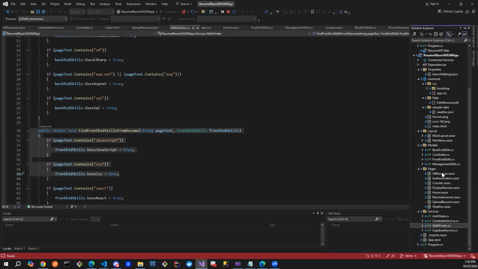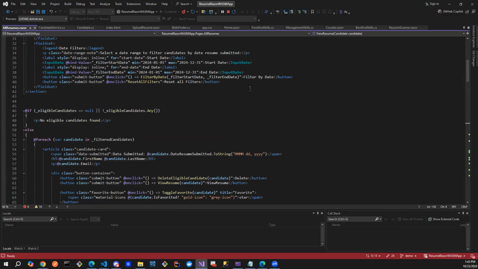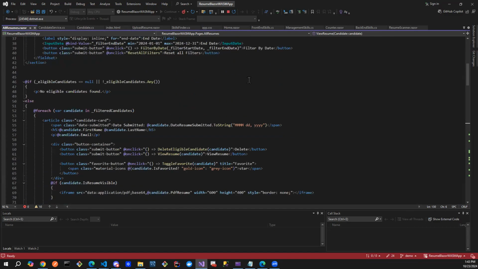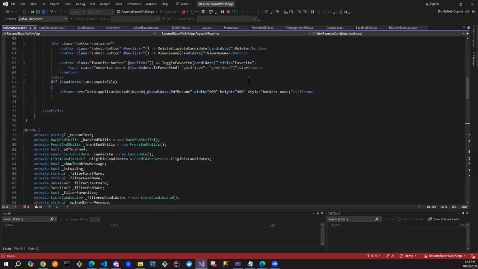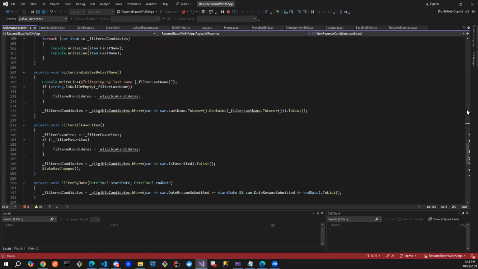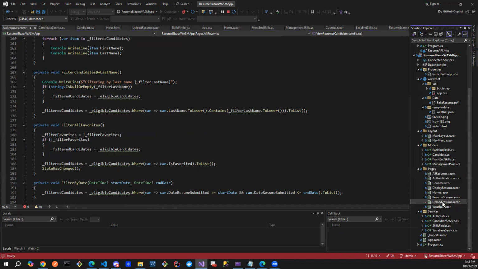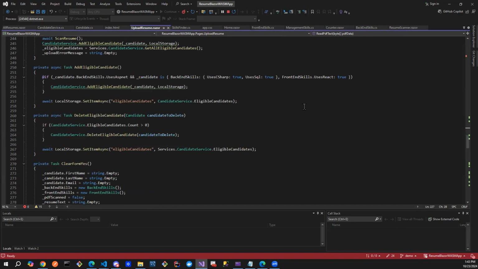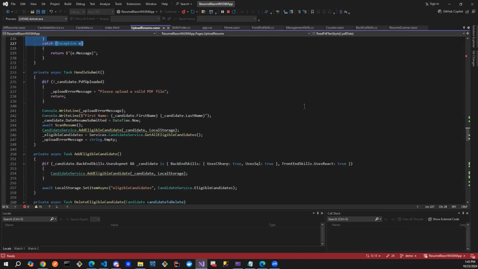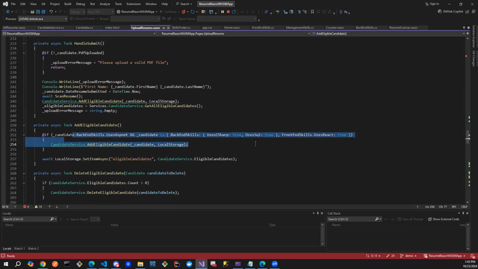I wanted to show you all the resumes where I can filter them. So all the filters are happening on this page here. But I really wanted to show you the method in which, oh, here it is, add eligible candidate. These skills must be true. And actually, I can refactor this to put it into the pattern as well, so it can be a little bit shorter. But these are the back-end skills here, and then the front-end skills, all I wanted was